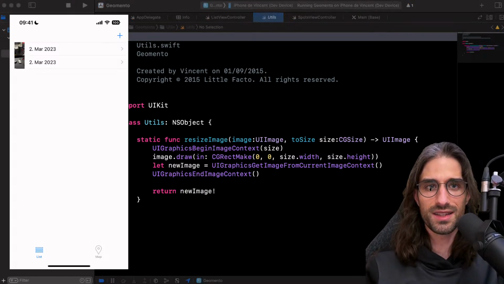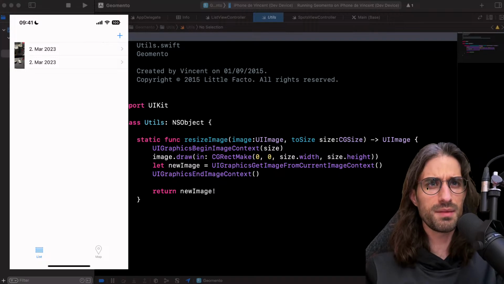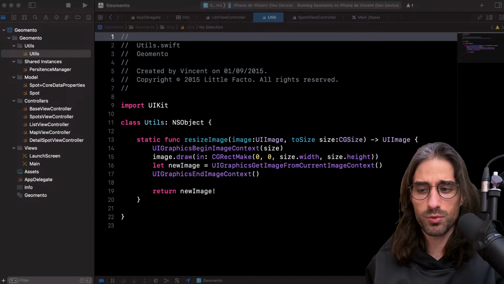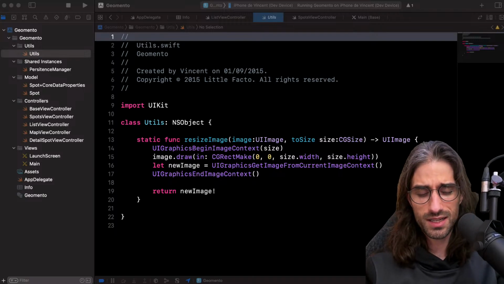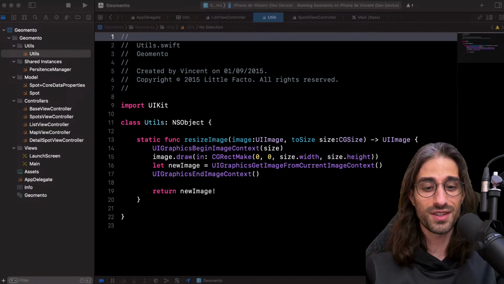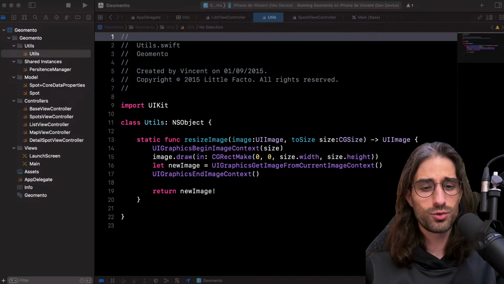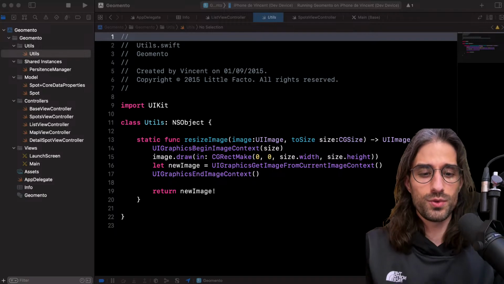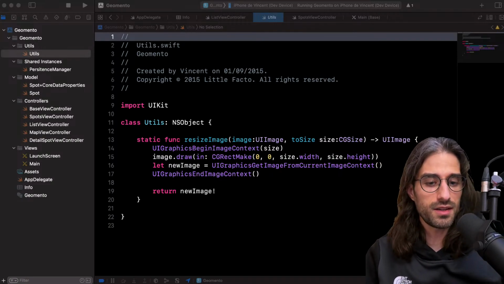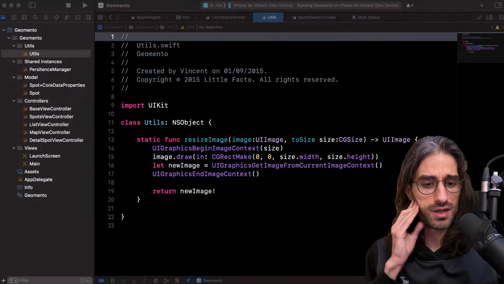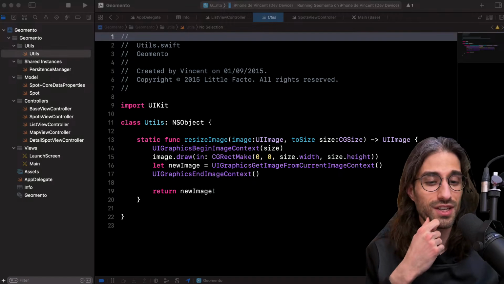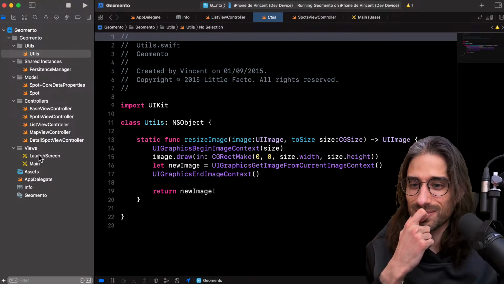So here we are in much more familiar territory, I guess, because when I wrote the app, it was in Swift 2. Unfortunately, you cannot run Swift 2 on Xcode 13. So I had to convert it to Swift 4, which was not fun at all because many methods have been renamed, and basically I spent close to 1 hour doing the renaming. But in the links I've put in the description, you have the links of my project on GitHub, and you have the original Swift 2 code that you can check out if you want. So let's take a look.